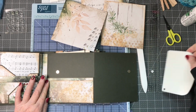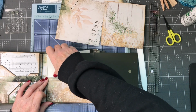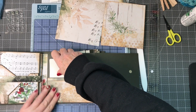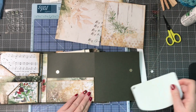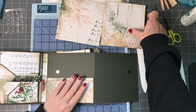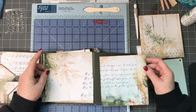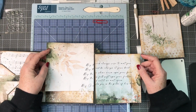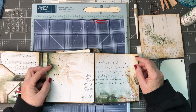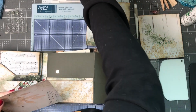I'm having a tough time with this piece here. Let me just make sure I get this down good. All right. So then what we're going to do is we're going to put this paper and this paper down, going across like this. Oh, it doesn't look like I...